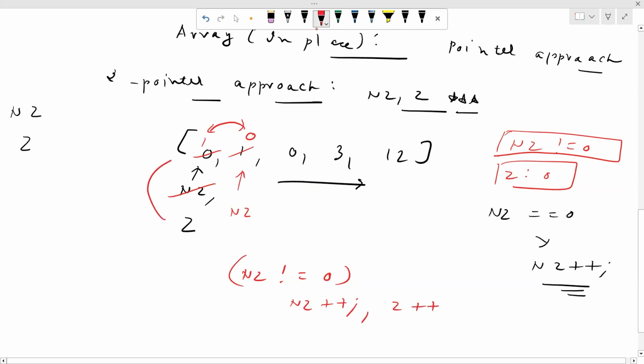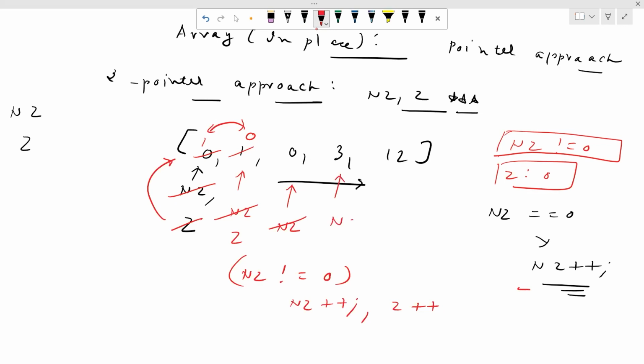Since zero is not pointing to 1, since zero is not pointing to the 0 element, we'll increment our zero pointer. So zero will be pointing to this and our non-zero will be pointing to this. Now again, since there is 0 over there, we are going to increment our non-zero. Now, as we can see, non-zero is pointing to the non-zero element. So we are going to swap these two elements. So 3 will be there and 0 will be there. Now again, increment our